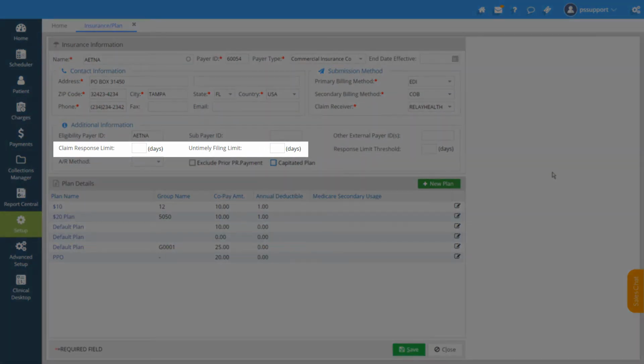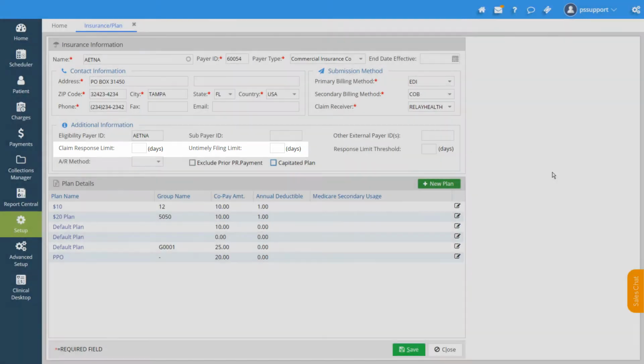Claim Response Limit. We offer a very innovative and collective module within the system called Collections Manager, which monitors the claims sitting in the system as unpaid, and once the 30-day threshold limit is reached, as the response limit here is set to 30 days, if you see no other activity in the form of denial or in the form of EOBs, those claims are automatically moved to the Collections Manager, so that a follow-up team can actually go and investigate with the insurance company to find out what really happened to these claims that were sent out over 30